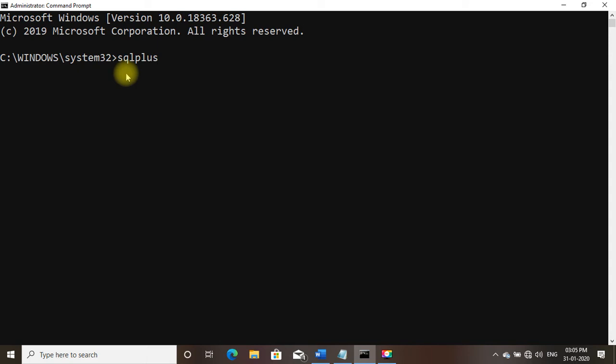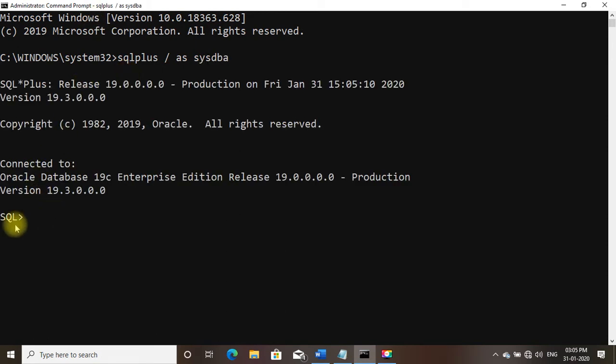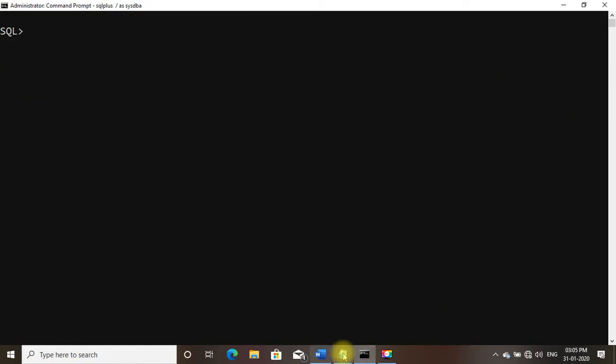Type sqlplus forward slash as sysdba. Here you can see we are successfully connected to SQL. Let us clear the screen.